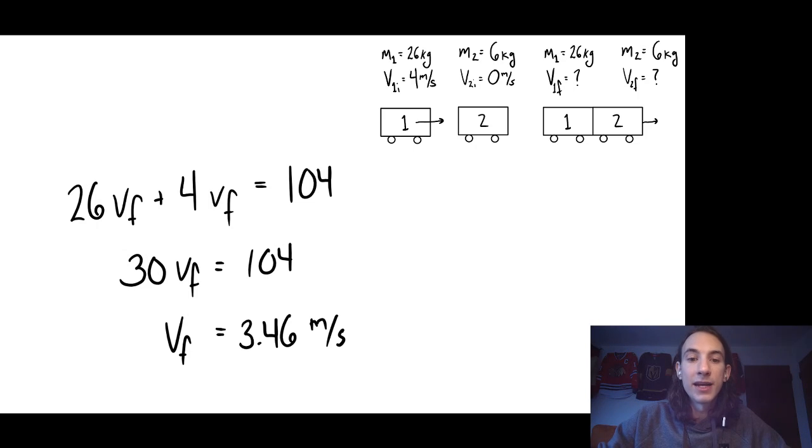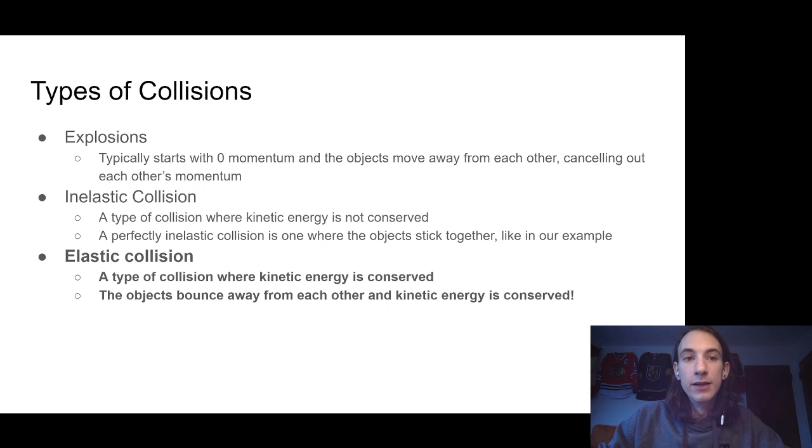One thing to keep in mind is that because these two objects were stuck together, they have the same velocity because they're moving together. That may not always be the case, but if our objects stick together, they'll have the same velocity because they have to be moving at the same speed. So then, just to wrap things up,